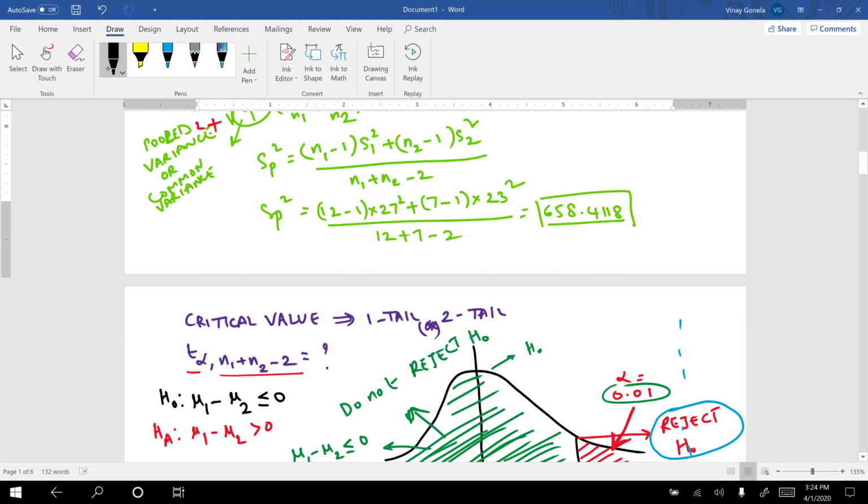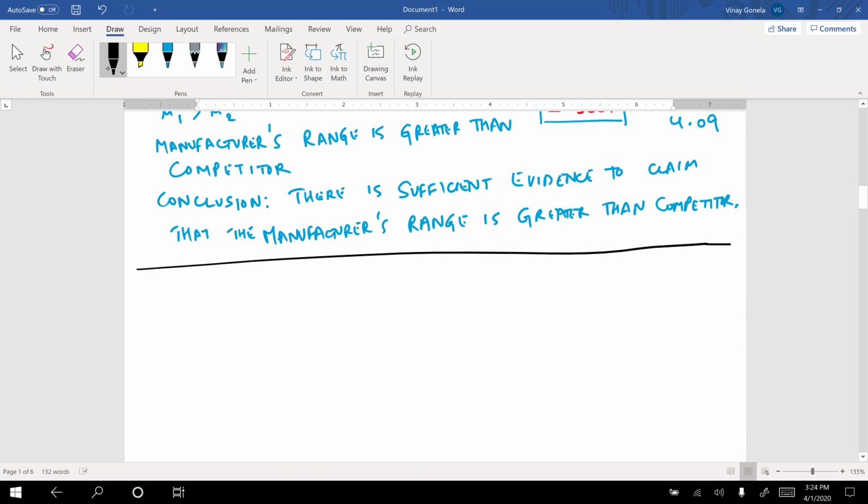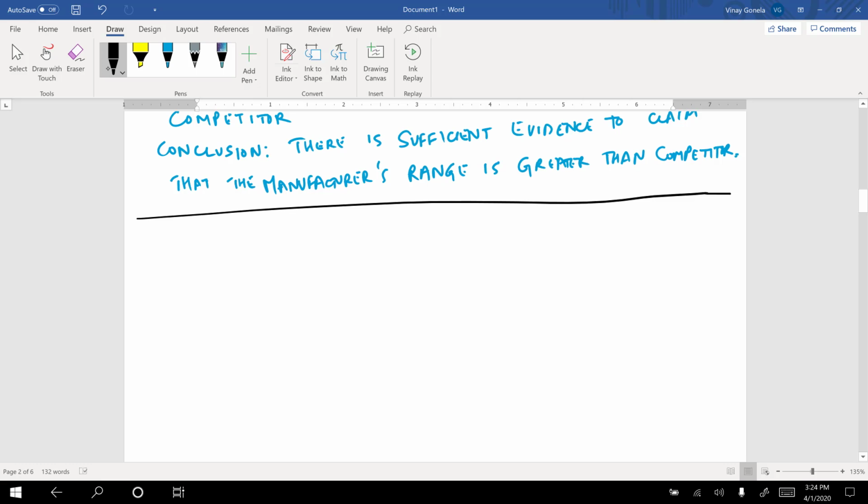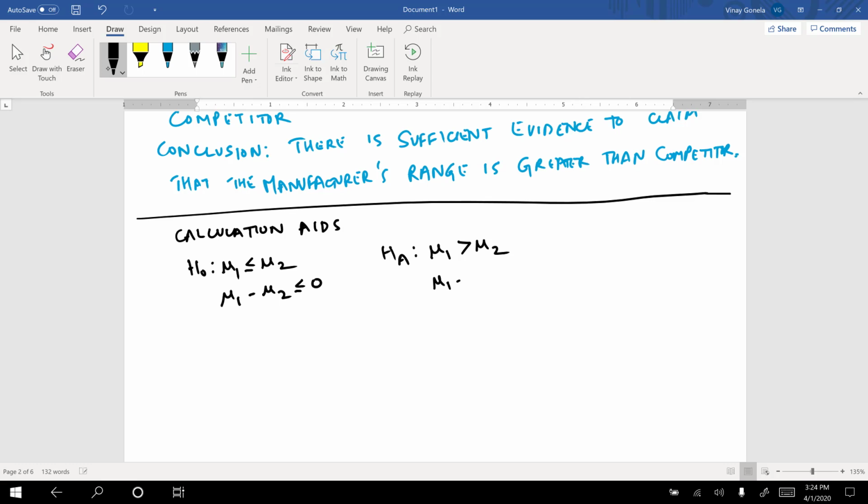So our H null, so our hypothesis is, using calculation aids, I'm solving it. Our hypothesis is mu1 less than or equal to mu2. So mu1 minus mu2 is less than or equal to 0, and our alternative is mu1 greater than mu2. So this will be mu1 minus mu2 greater than 0, and given data is